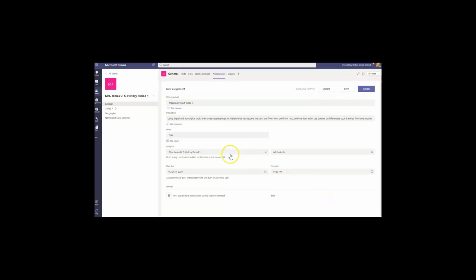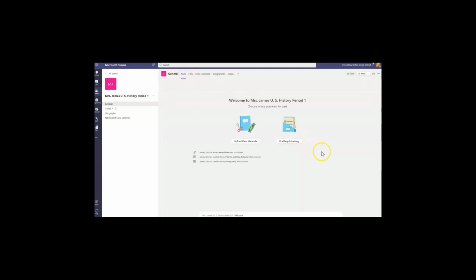At this time, though, I'd be remiss if I did not take a minute to show you how to meet with your students, because the Teams meetings are also a real gift that Microsoft has provided us. To host a meet, we're going to go up here and see the little arrow, meet now or schedule a meeting. It is really easy to have an impromptu meeting with whoever's available just by simply tapping